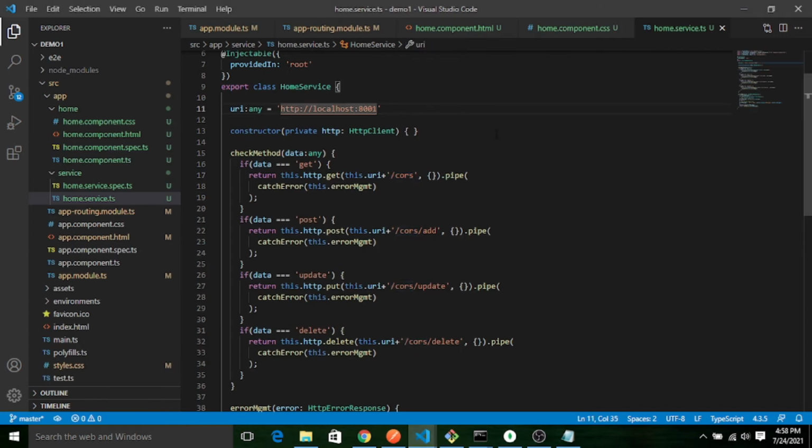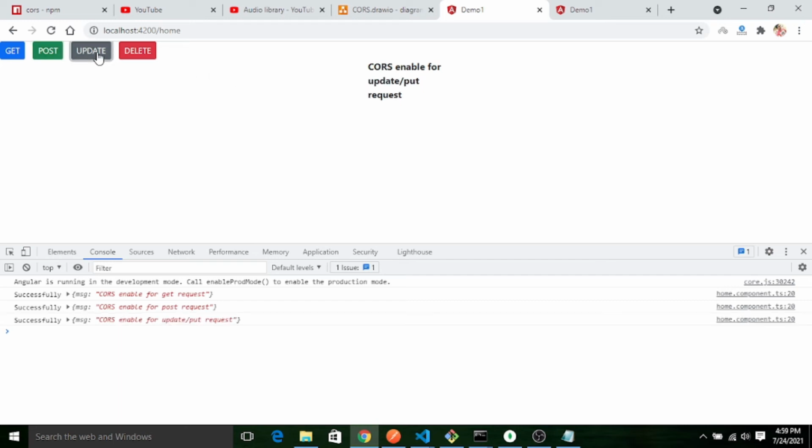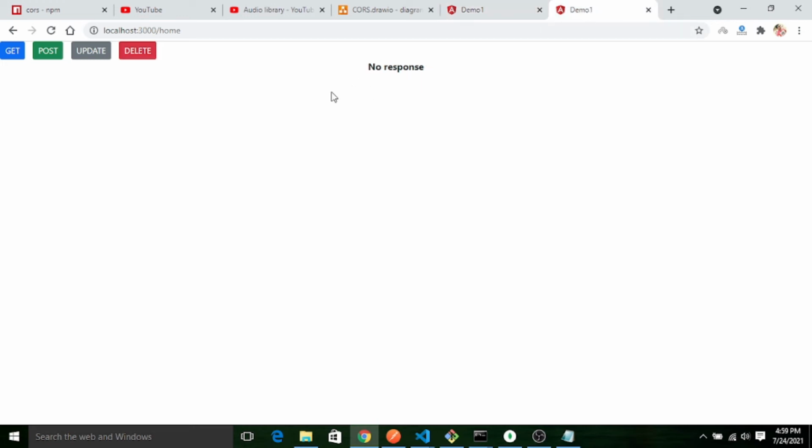Okay, here only. So my URL should be 8000 because my node is running on port 8000. So by now it should run actually. See, CORS enabled for get request. Sorry, CORS is enabled for post request. When I click on the update button, CORS is enabled for the update and put request. CORS is enabled for delete request. Now let me do the same from 3000.